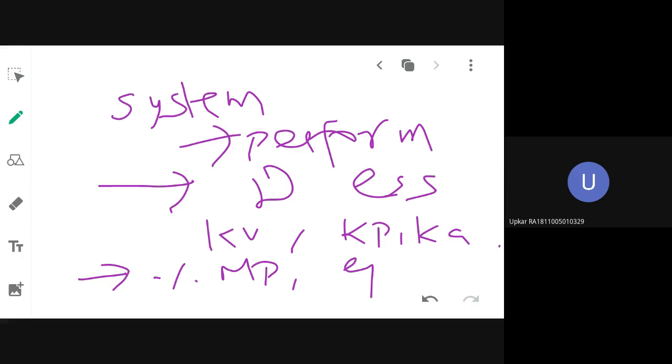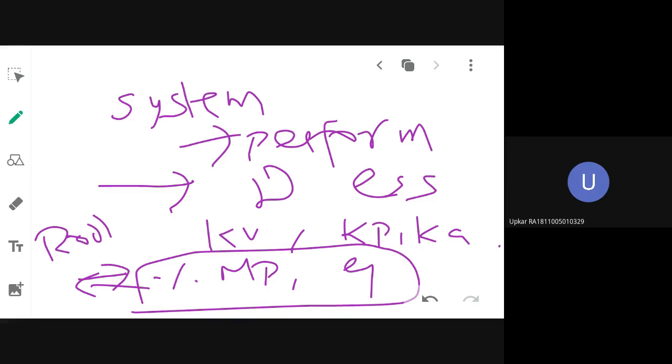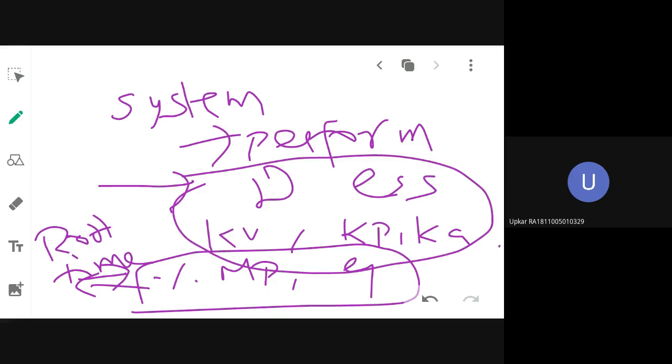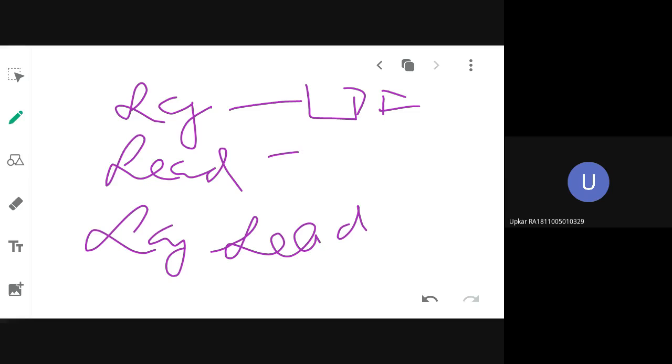Suppose if these two parameters are given, then you will usually use root locus because it's the time domain plot. And if these parameters are included in the problem, generally you will go for the Bode plot approach, that is the frequency domain approach. The types of compensators are three: lag, lead, and lag lead. Lag is equivalent to LPF and lead is equivalent to HPF, that you need to know, plus how to draw the pole zero plot.